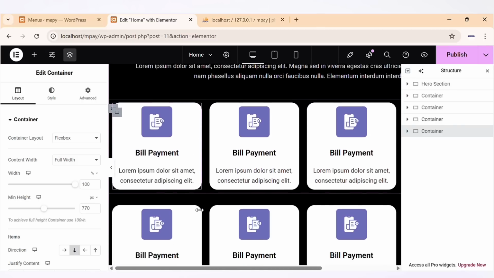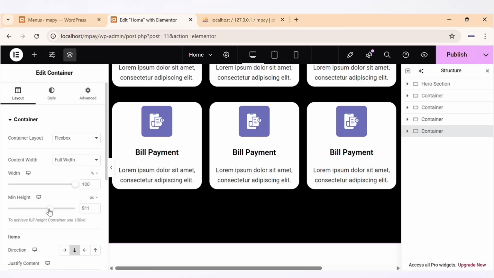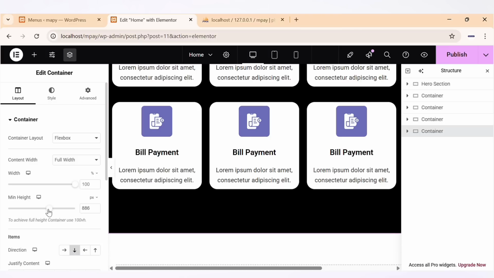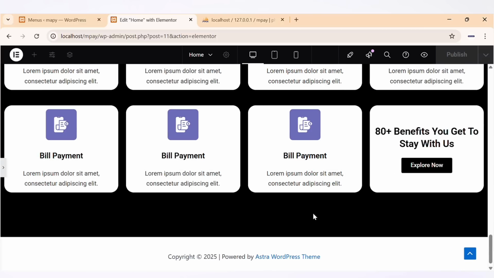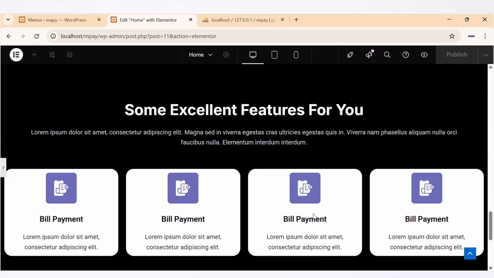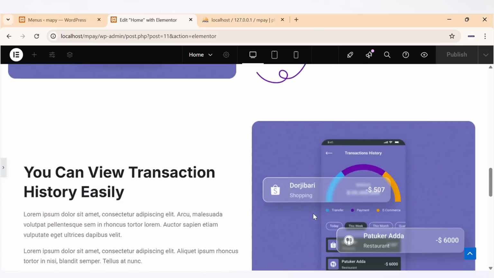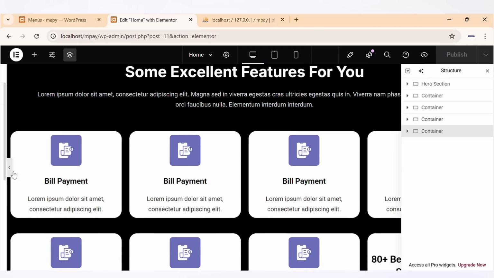Okay, just make it. Let's see how it looks. I think that's fine. Yeah, that's fine. So, okay, let me minimize this and make sure you always click on publish, because if you